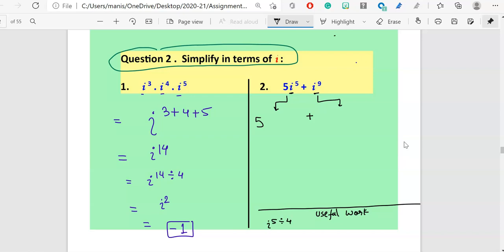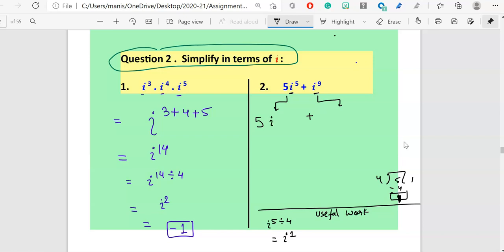So what is the remainder? 4 times 1 is 4. So my remainder is 1. Okay. You all know this thing. In case you are struggling, here you go. 4 times 1 is 4. So what is the remainder? 1 is the remainder. Okay, I got this. So I can write it over here.